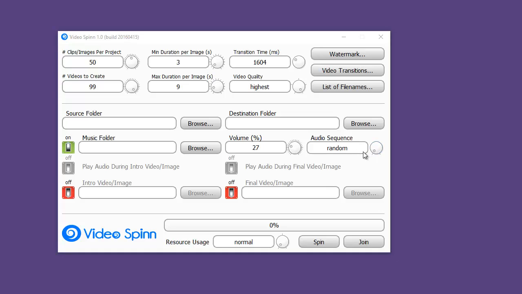If you pick random and the audio file VideoSpin chooses is shorter than the video being produced, VideoSpin will select additional random audio files to fill the length. If you selected continuous, it will loop the selected audio file over and over until the video being created is